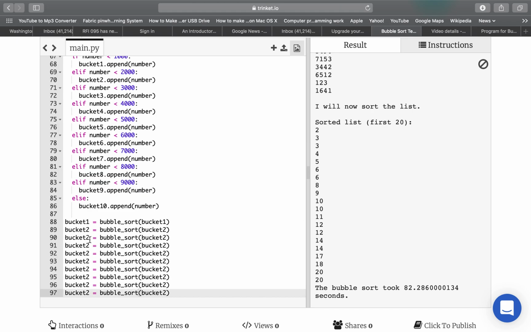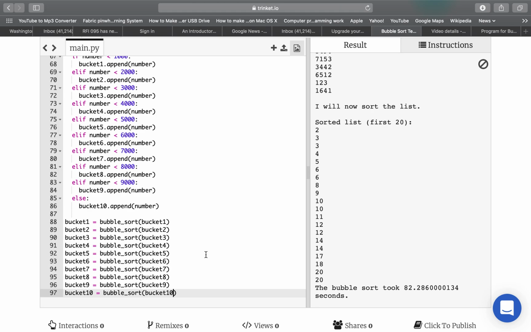All right, so 2, 3, 4, 5, 6, 7, 8, 9, 10. And these have to be 2, 3, 4, 5, 6, 7, 8, 9,